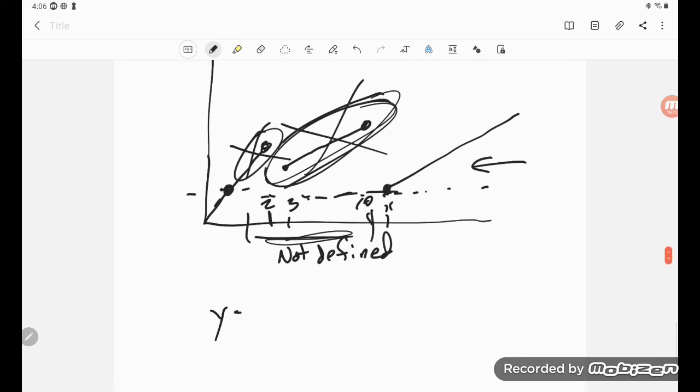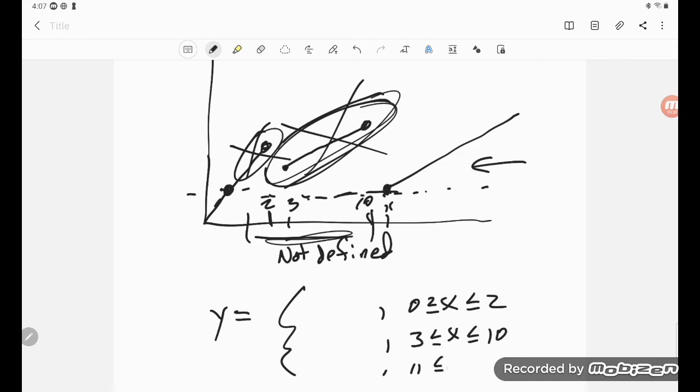You would have had a y equals, and you would have had 3 things, and I'm not going to put those parts in, but you would have had, say, from 0 to 2, and then 3 to 10, and then 11 up to something. Yeah, we'll just go to 20 again. Right? You would have had that, but when we look at this visually, we would have seen that that just